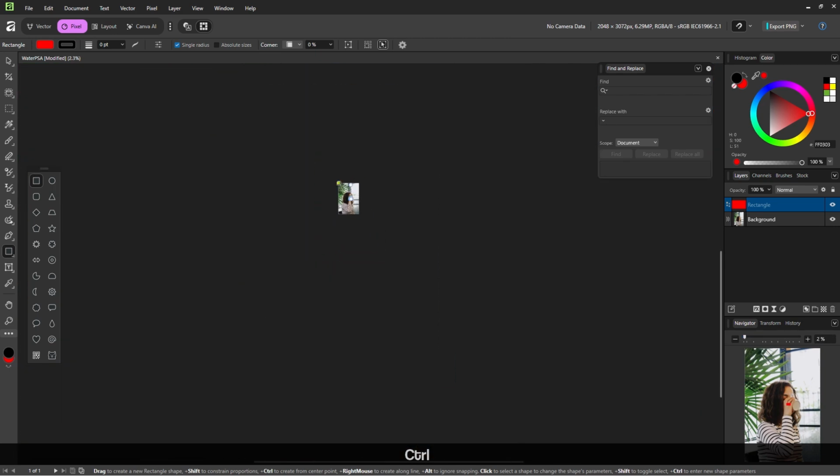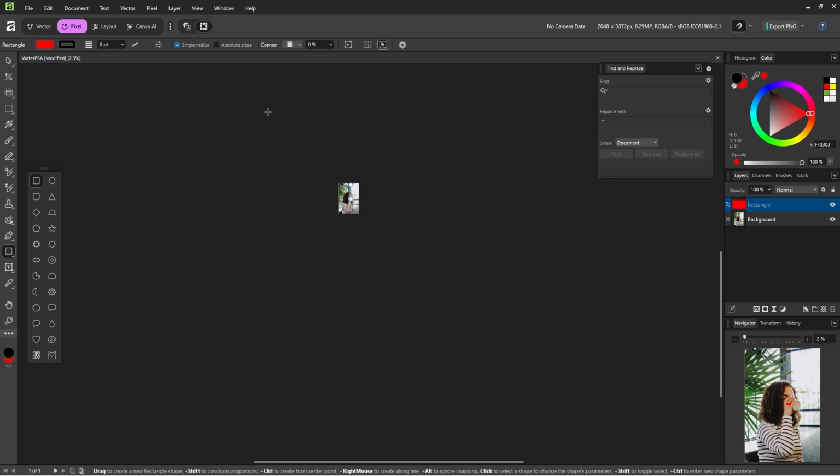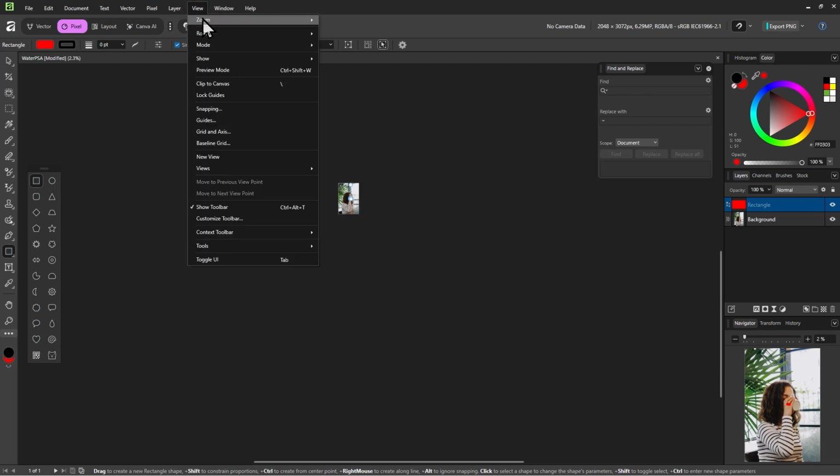And if we zoom too much like this, we just have to go back into View, Zoom, to Document, or as you can see, the shortcut is Control plus Alt plus Shift plus 0. Or maybe that's too many keys you have to press at once, so you wish it was easier.